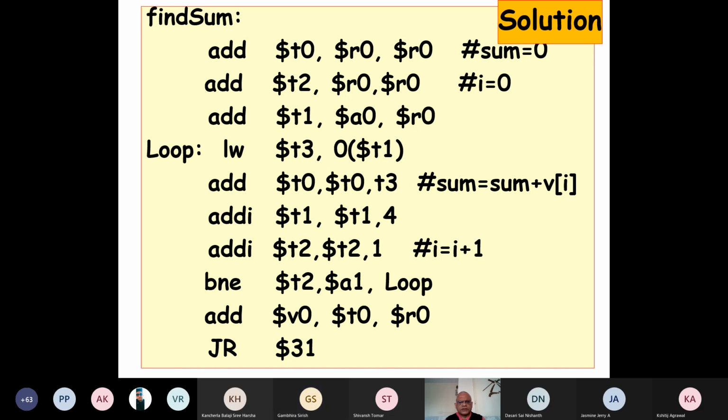Not able to hear. Can you please repeat again? Am I audible now, sir? Yes, good. Tell me now. We need to add each word of the array to the sum. So for the first word, we add the 0th address, and then we increment it by 4 bytes, and add the next word of the array to the sum. Okay, very good. So by adding 4, we have got the address of the next element of the array.